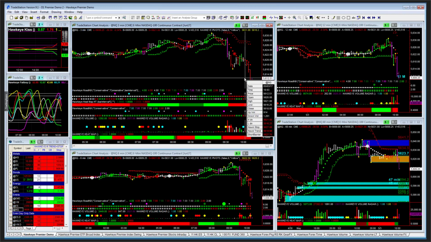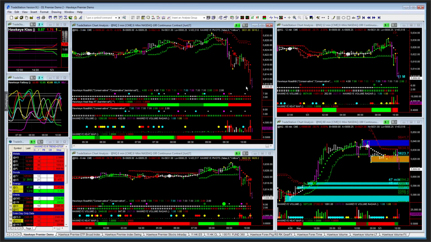And you can see Hawkeye's already showing you right here that is a continuation trade, as is the initial trade that was shown right here, showing you that trend, volume, and momentum all came in line and gave you the initial sell signal for this move right there. So if you were able to take that right at the market open, then this was the initial entry. This was your secondary entry right there. And this was your third entry right there. So any one of those could or would have gotten you into the trade, and then you manage the trade based upon your rules. And longer term targets are in place.